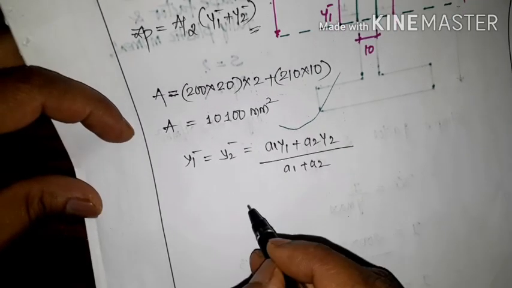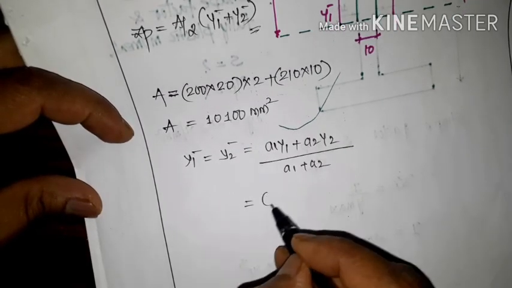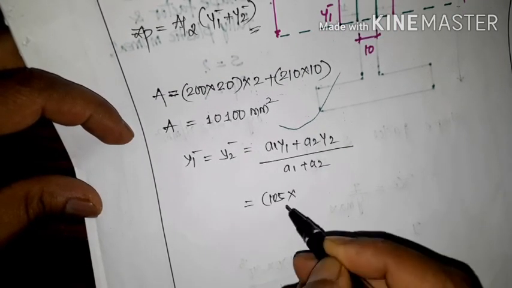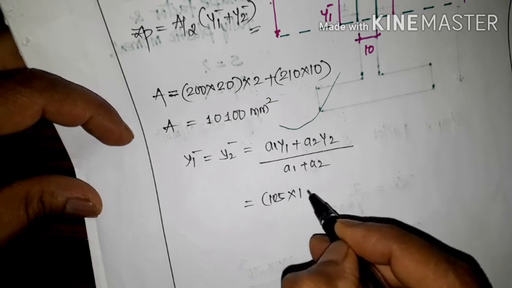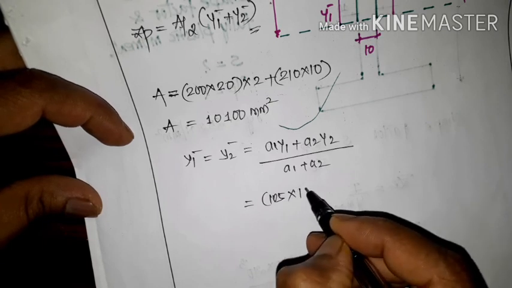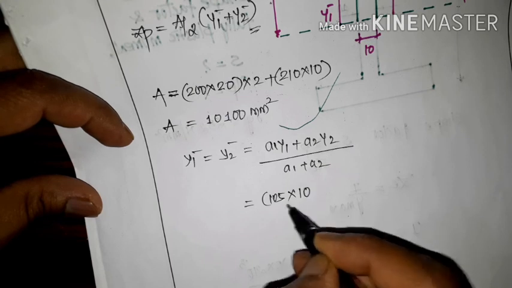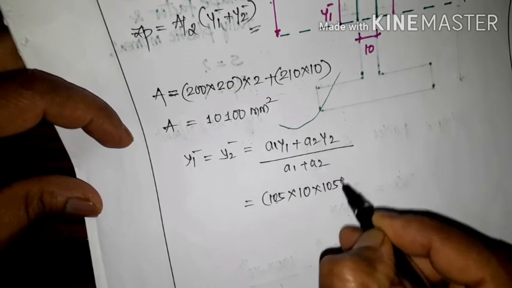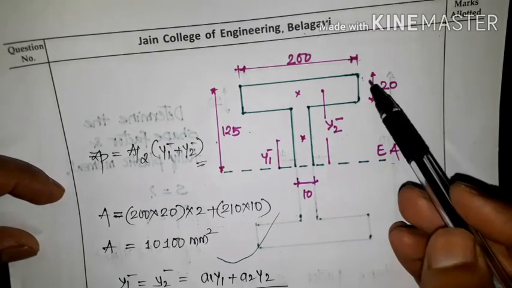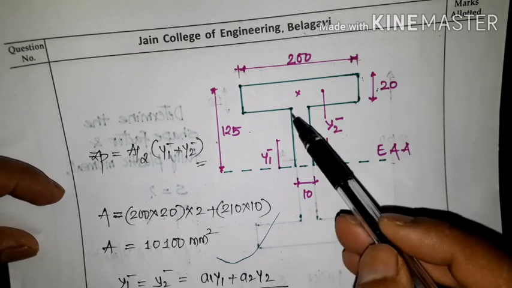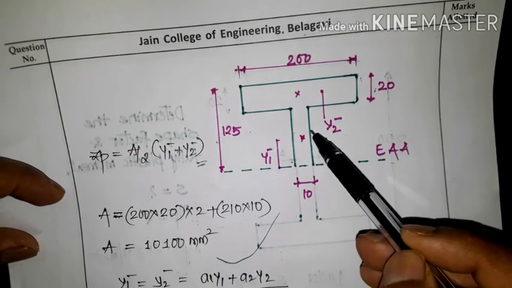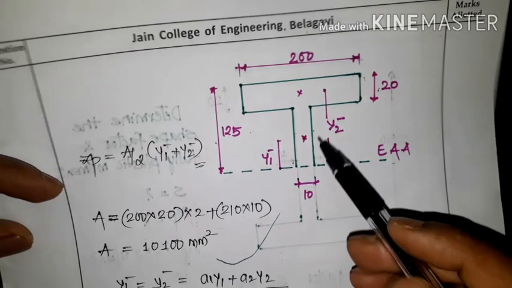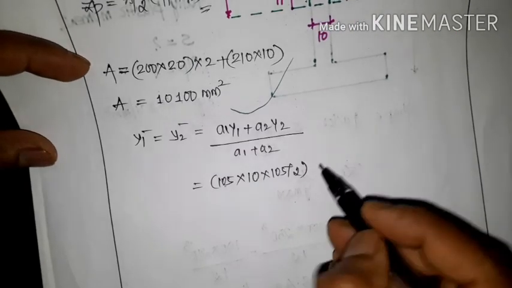Okay, so a1 is 105 into 10, and y1 is 105 by 2. Okay, so that is 125 minus 20, so that is 105 into 10 into y1 bar, which is 105 by 2. Okay, plus